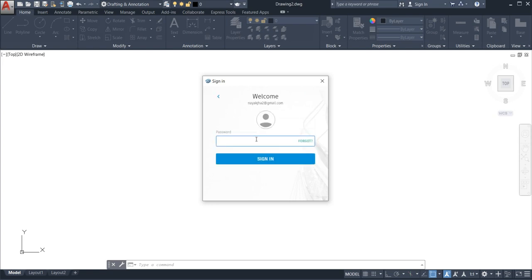Now keep the same password you kept while creating your Autodesk account. Now I'm going to tell you how to link your AutoCAD to your Autodesk account. Click here like this and go for sign in.